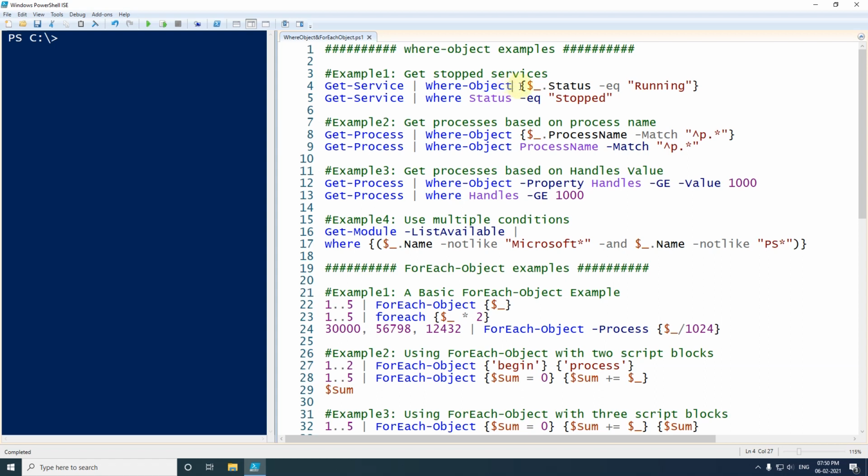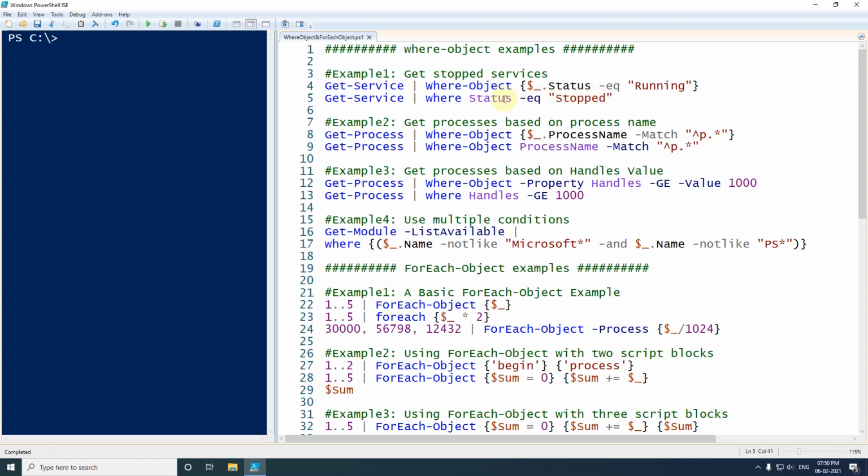So either we can use the script block using curly brackets, or we can straight away use the statement type method. In this one there is no need to use the script block or curly brackets; straight away we can use the property name, and after that we can use the operator and the value of the property.